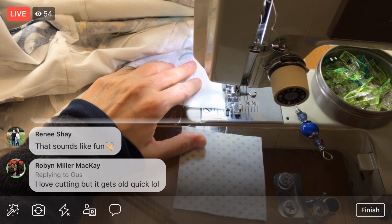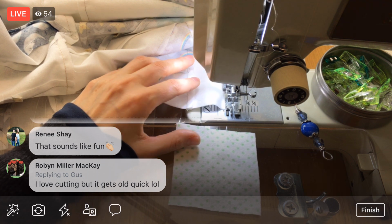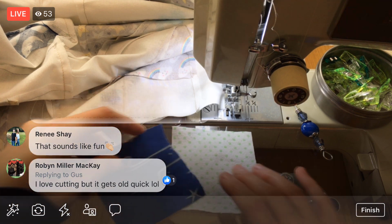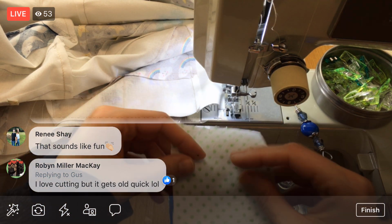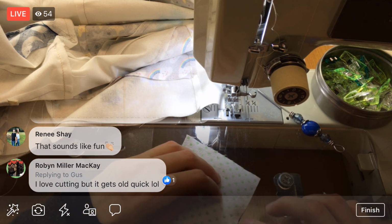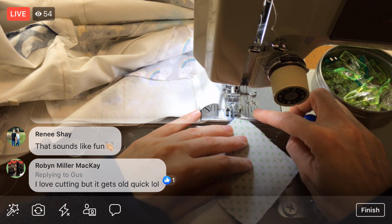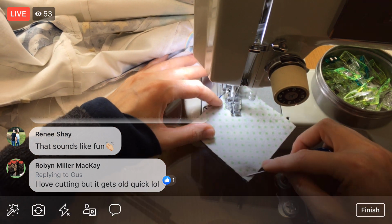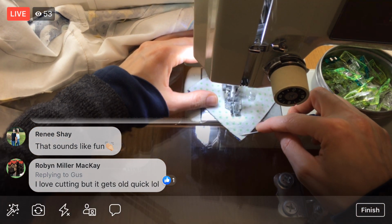So anyway, I was thinking about that more today. So keep your eyes peeled for more info on that once I have it together. I literally have nothing together for that yet, but I like the idea. So let me know what you think, or if you have thoughts of how you'd like to work it,